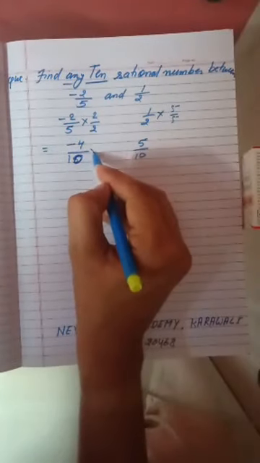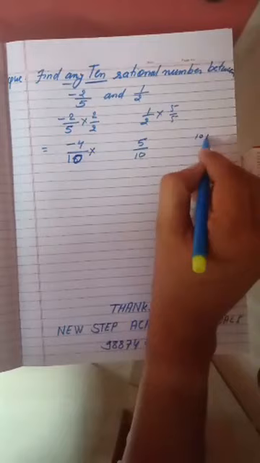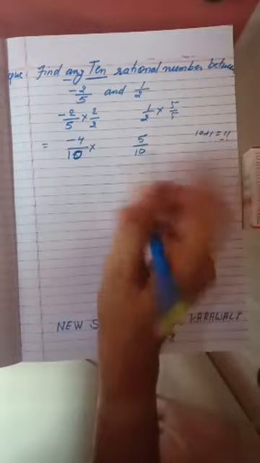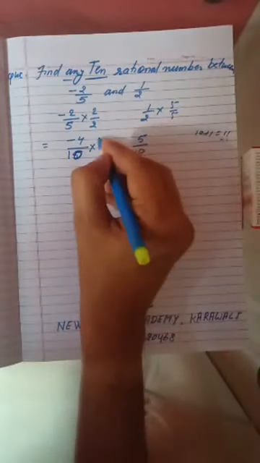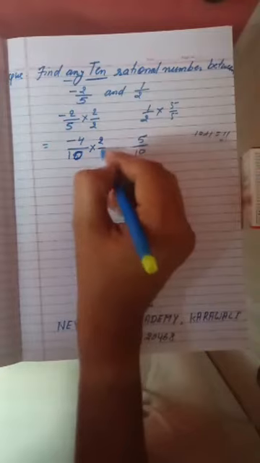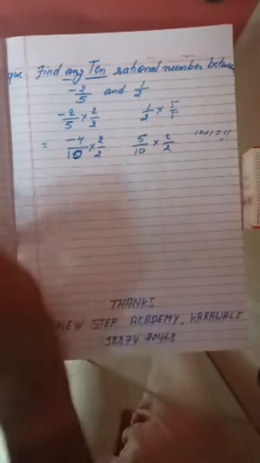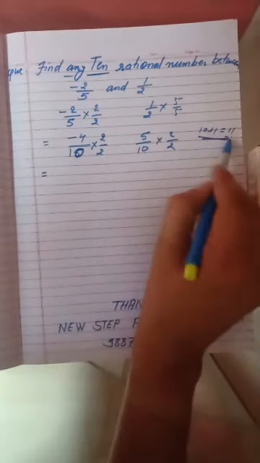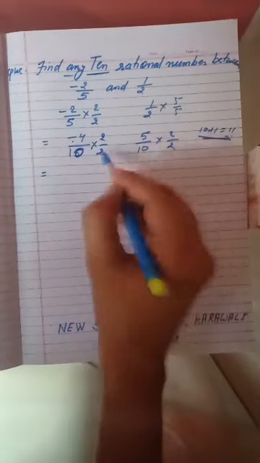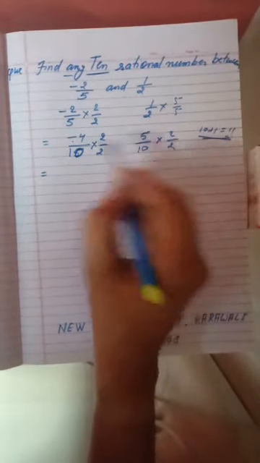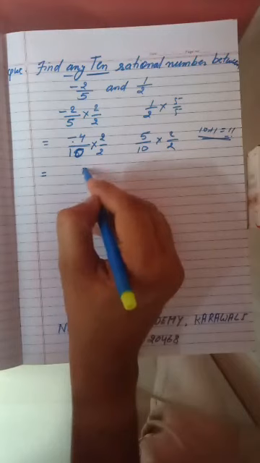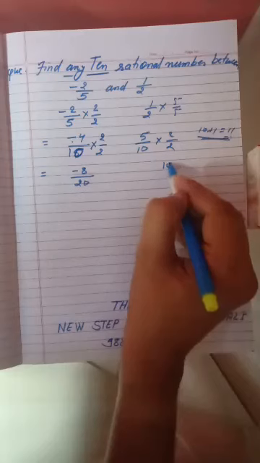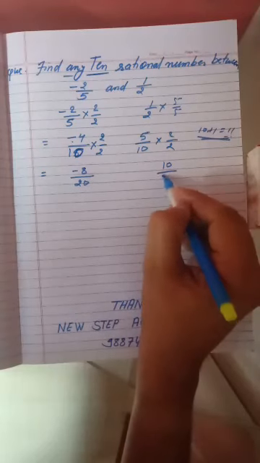So you can also go with 10 plus 1 equal to 11, and you should multiply with 11 and divide by 11. This is the same process. Okay, but you can also multiply and divide by 2, because you have to find some more numbers. This process I will do. Now we have taken the common number 2, multiplied and divided. -4 multiplied by 2 is -8. 10 multiplied by 2 is 20. 5 multiplied by 2 is 10. 10 multiplied by 2 is 20.